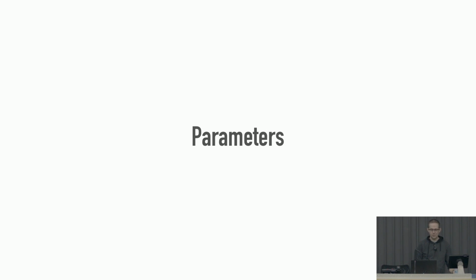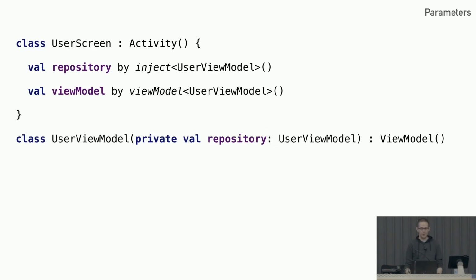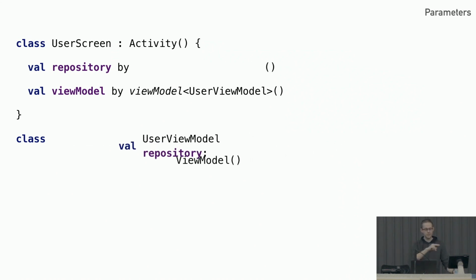So parameters. I love parameters. This is something that's been really awkward for Dagger. So much so that there's a third-party library, pretty much written by Jake Wharton, called Assisted Inject, just to handle parameters. And by parameters, I mean runtime parameters. It's one thing if you can know at compile time that you always need this particular DAO or this particular view model, but what do you do about user input, or user ID, or something like that?